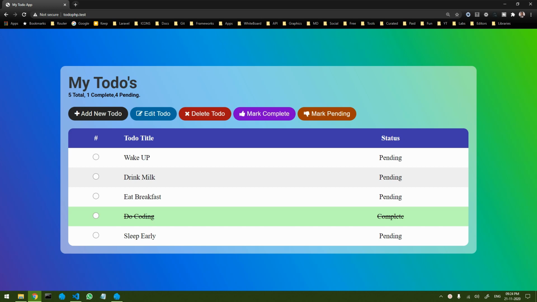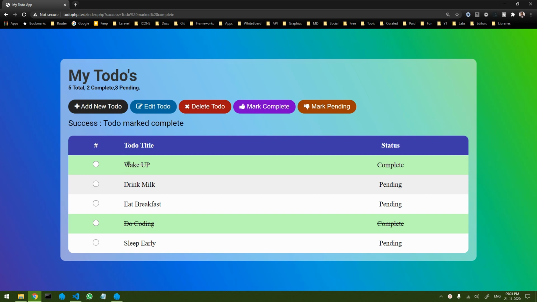So in the last video we created a simple to do app without using any other libraries. This is pure PHP and the database used is MySQL. You can select any particular to do and perform actions, like marking it complete, and that would mark that particular item complete.